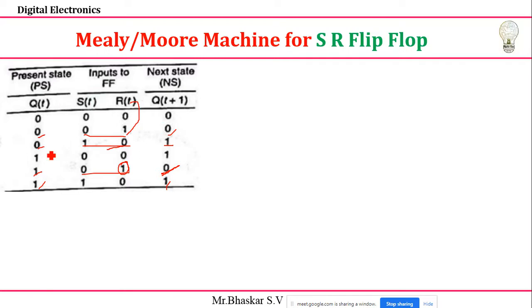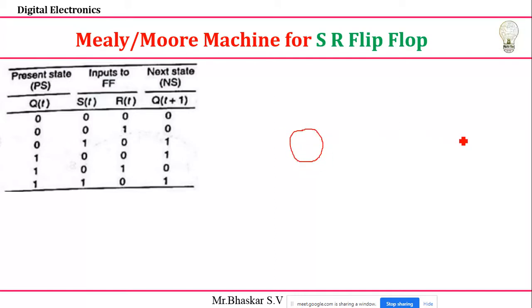Okay. This is the truth table we discussed in theory, in the last classes. So I'm going to take only three states here. There I'm going to explain four states. Here I'm going to take three states to represent my Mealy and Moore models. Okay, let's move on to write. How to write the states? Try for this.